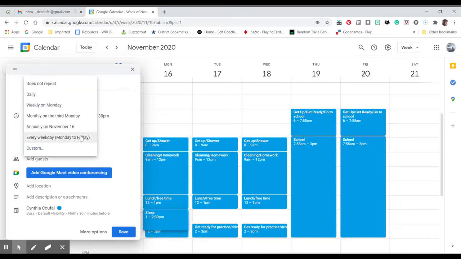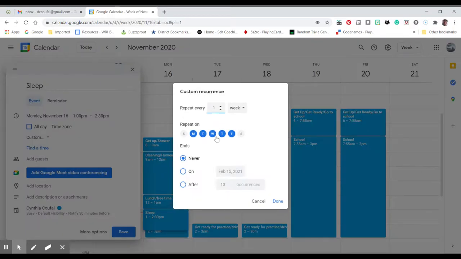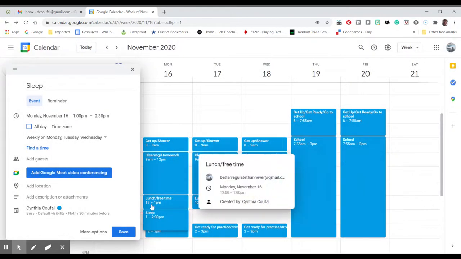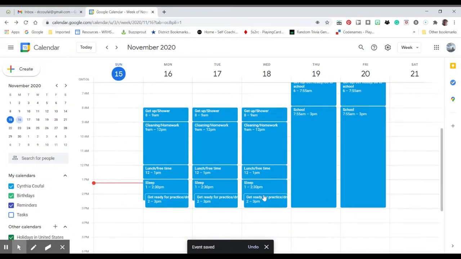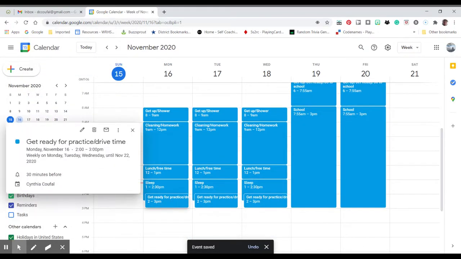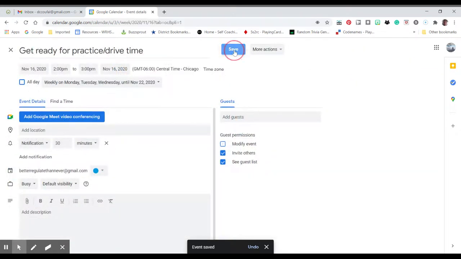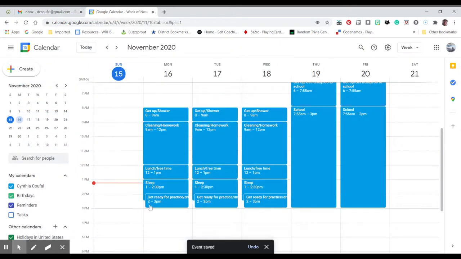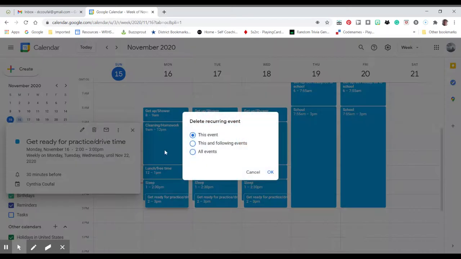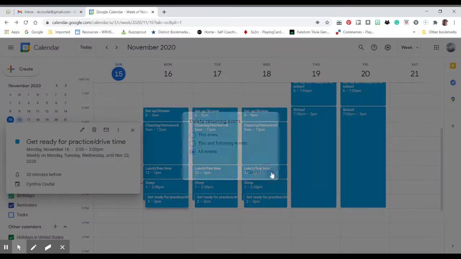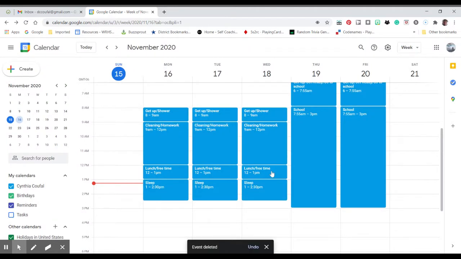Oh, whoops, I didn't want that. I want to customize it. Okay, so that's his sleep time. And of course, he doesn't have to get ready for practice, so we're just going to get rid of that. Okay, because at 2:30,